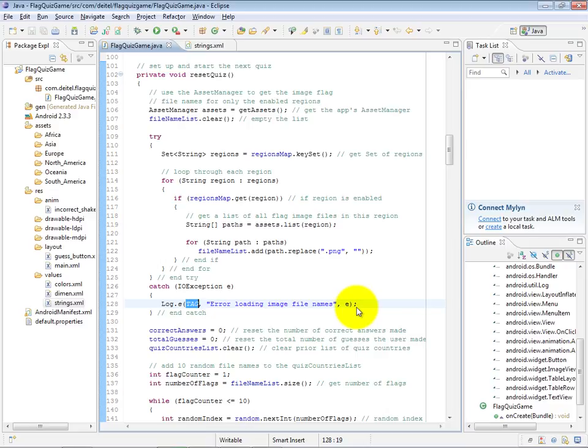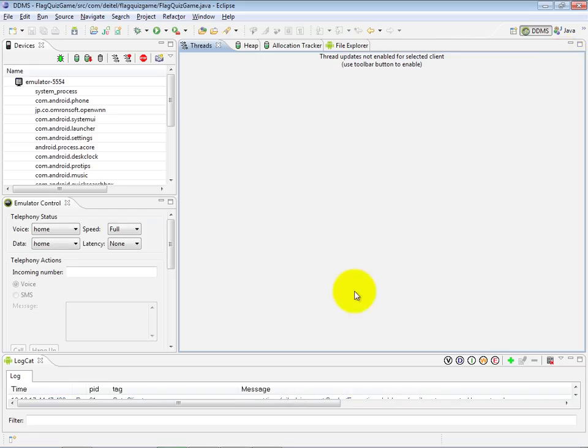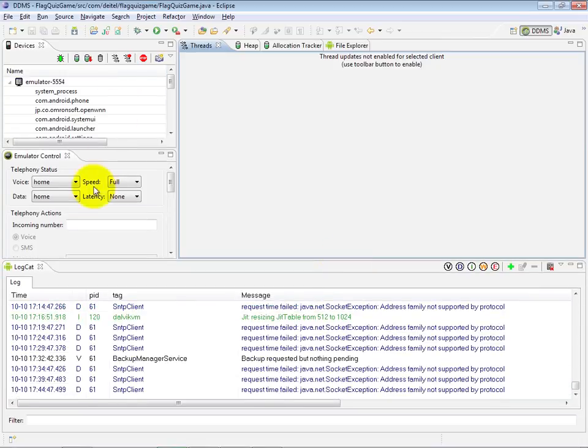Now, we're currently in the so-called Java perspective within Eclipse here, but if you go up in the upper right corner here, you see that we have this button Open Perspective, and we also have this double arrow that indicates other perspectives that I've opened in the past, one of which is DDMS. With the DDMS perspective, if I switch over to there, you can see that we have this tab called logcat, and it's got lots of messages being displayed in it. And you can see one of the columns is the tag. This is where the string that you specify for the tag will show up